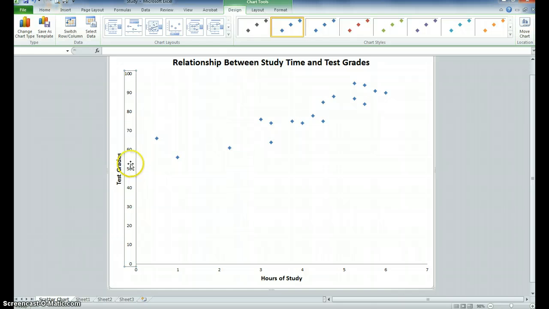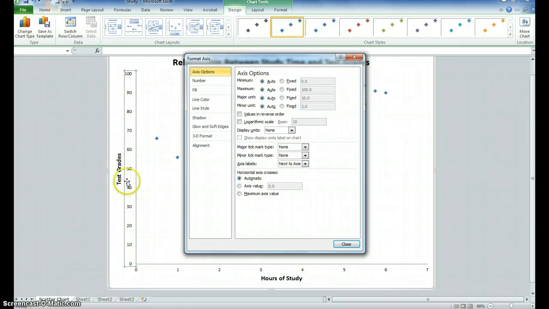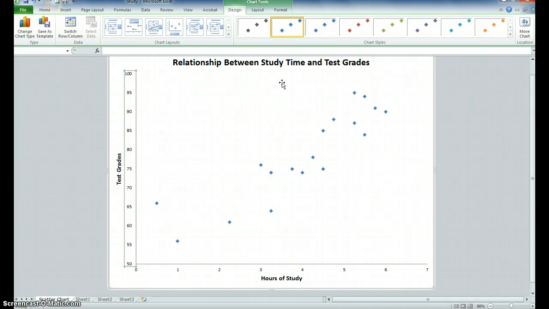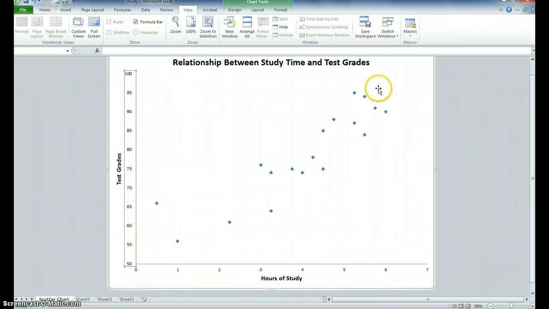Okay, our minimum value for test grades should be probably around 50 because we have no data between 0 and 50. There's nothing down here. So let's change this axis on the left so that we start at the number 50. I like to do it the quick way by double-clicking on this axis area over here, and then our axis options allow us to put in a fixed minimum, and let's choose 50. So now we start with 50, we end with 100. The higher the study time, the higher the grades. Okay, next let's go on to